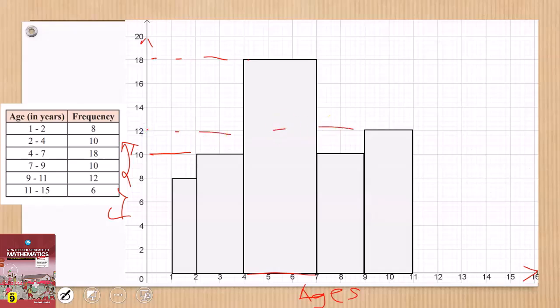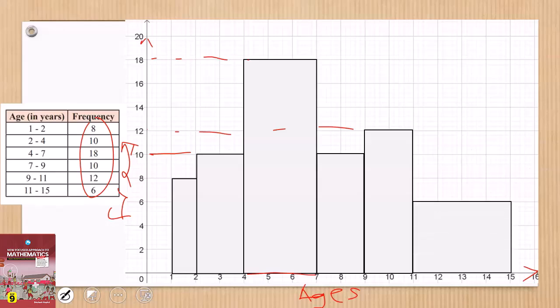Now with the scaling of the vertical side, we chose, let's say, 1 centimeter to 2 units because of the values involved here, right? But then on the horizontal side, we chose 1 to 1 unit because we needed only up to 15. Now we want to say, okay, from 11 to